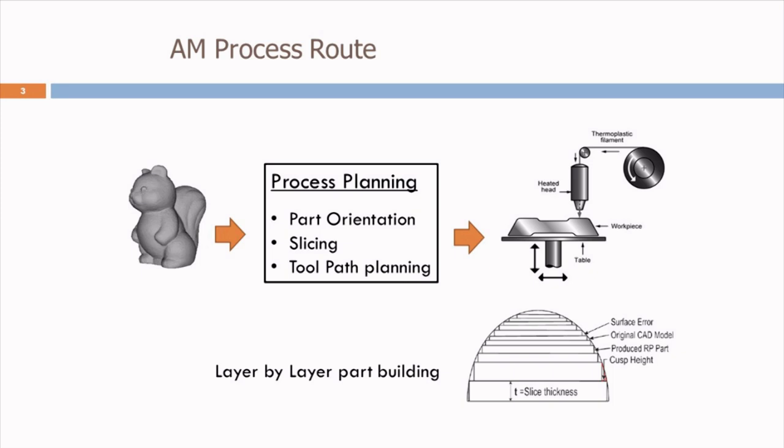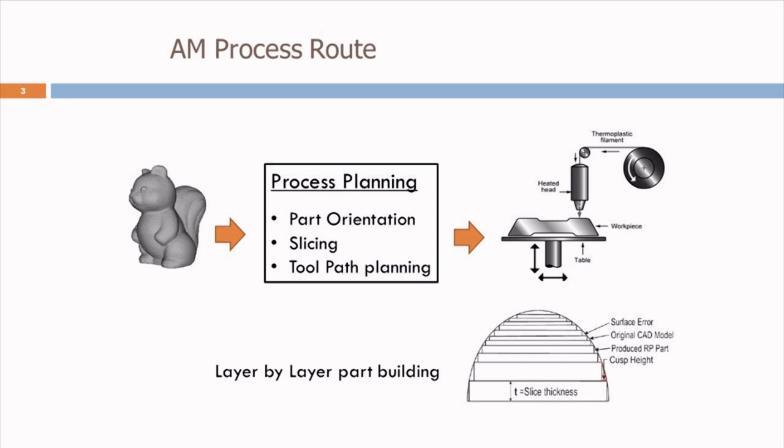The table can move up and down, also it can move in X and Y in the space. There is a head. The head can be of different types. It can be a laser head, it can be an electron beam, it can be a fused deposition type of modeling in which there is some deposition and so on. But the part is built in a layer by layer fashion, which is shown below,